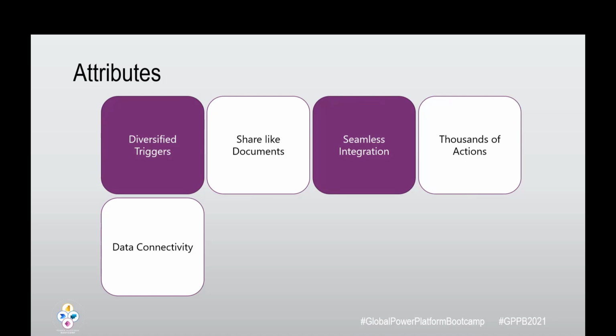Next is data connectivity. So whatever we are doing, in that process we always need data to save for a long time or a short time. So with Power Automate or Microsoft Flow, as we say, they provide us a simple and secure way to connect data. There are simpler connectivity facilities there. We have already known that. And the next one is